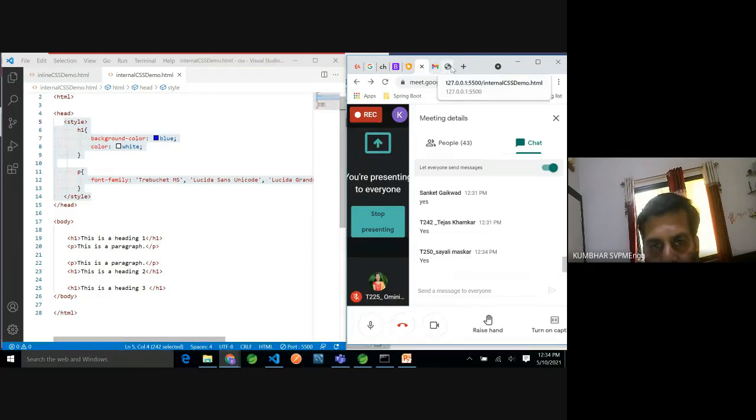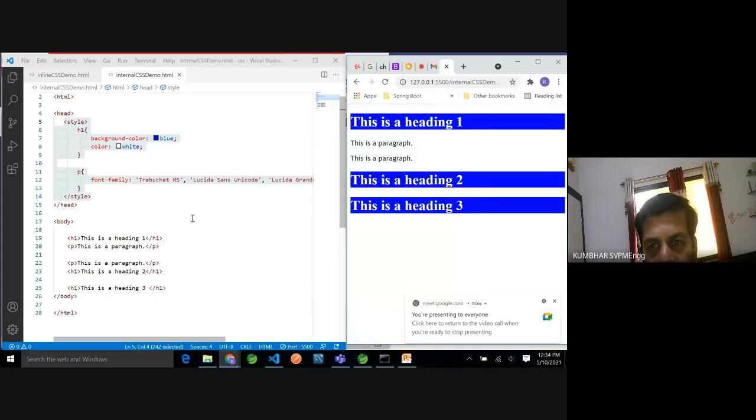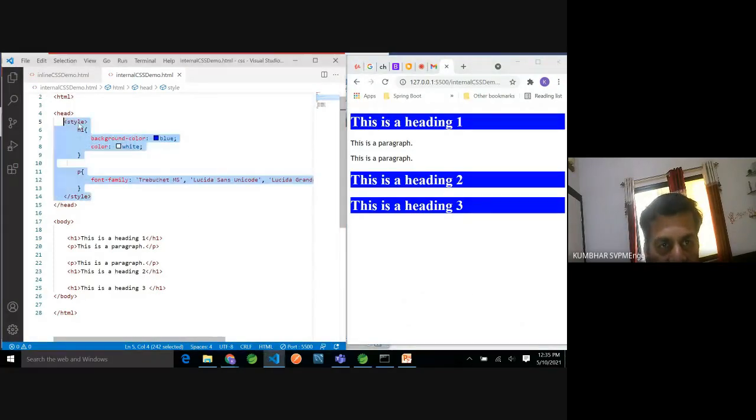Let's continue. So our journey was, we started with the inline style. Then we found that if the same style I have to apply for multiple elements, then I have to repeat that code. So the solution I found is the second way of using CSS, that is internal CSS, that I can define the style with this style tag.